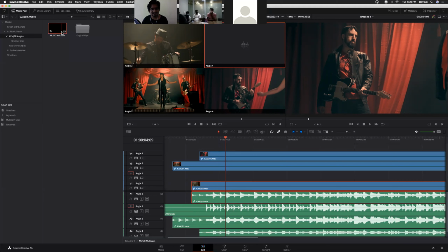It's a necessary thing, right? You can even see the bottom two angles with different saturation and exposure levels, right? How to match those things we'll discuss in tomorrow's session.